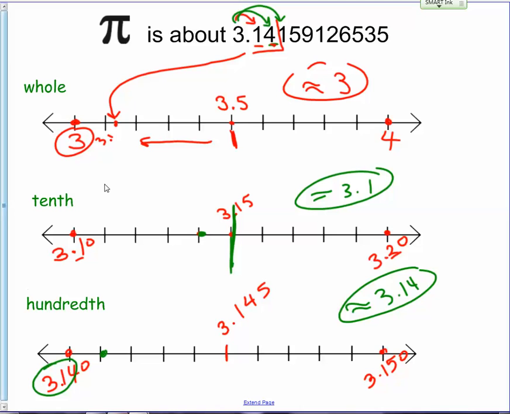To the nearest tenth, I want to know, is it closer to 3 and 1/10 or 3 and 2/10? So on my number line, if I put 3 and 1/10 and then 10 intervals later 3 and 2/10, in the middle is 3 and 15 hundredths, because 1/10 is the same as 10 hundredths, and 2/10 is the same as 20 hundredths, and in the middle of 10 and 20 is 15 hundredths. And I want to know where 3.14 is. So it is a little bit to the left of the middle. So it's going to be closest, to the nearest tenth, to 3 and 1/10.